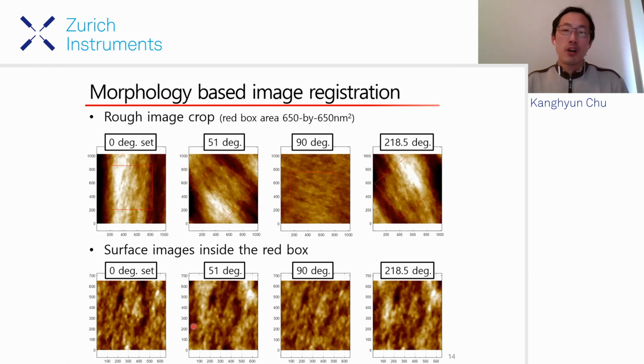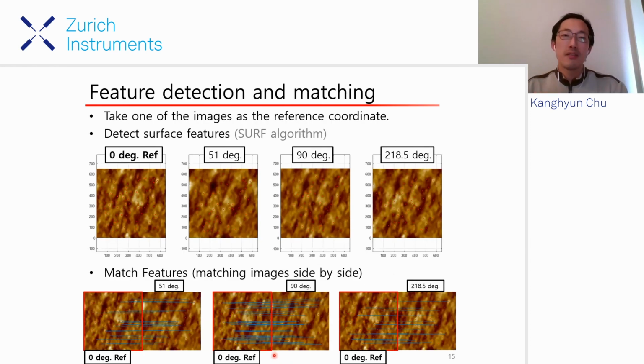First, I crop the same area inside the images. So this red box is the one I set by hand. Taking the image from this red box, the bottom row is showing that. And there is still one more step to go. You can see that for now the image is not well aligned, but with the assistance of some image processing and surface feature detection, we can find a nice conversion map from one image to the other,